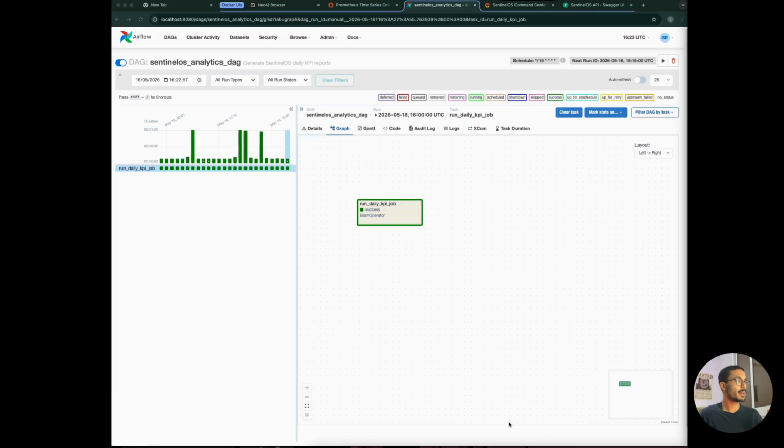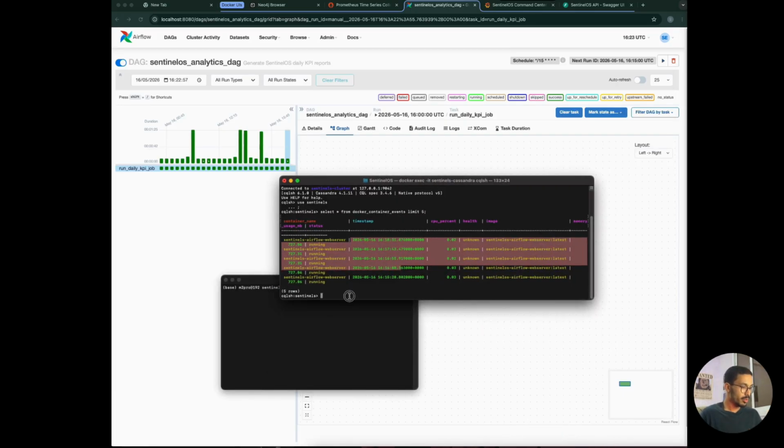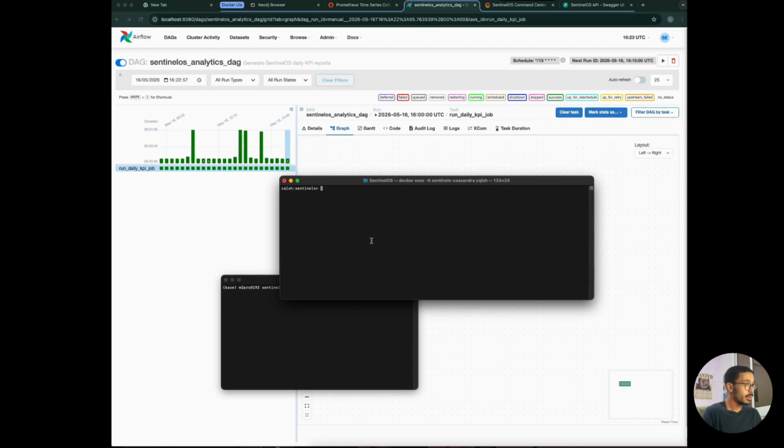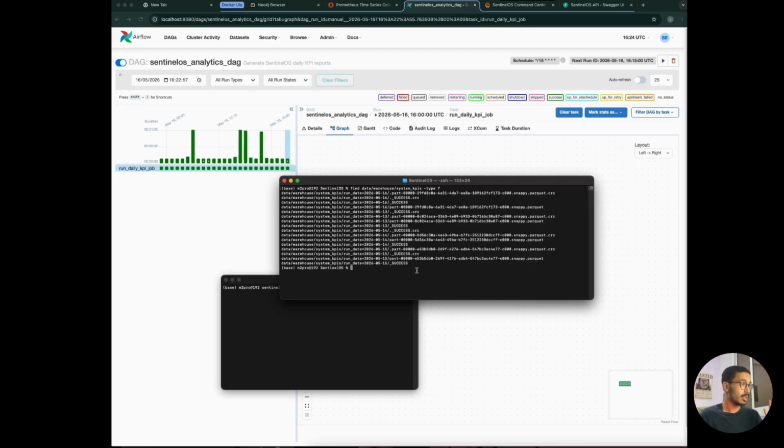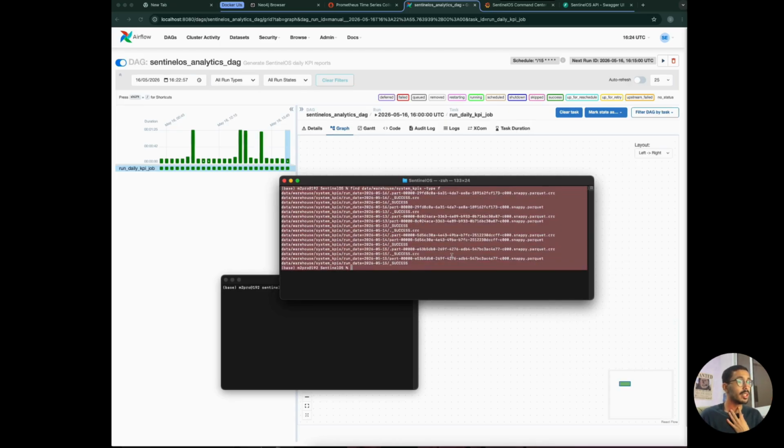So in order to see those reports, we can find, I think, I'm still here in the Cassandra container, so I can do this, and I can go to warehouse, and I have to go as well to system KPIs, and just click on type, so to see the type of files we have. So we have Parquet files, that means it's successfully generated the analytical reports, and the code responsible